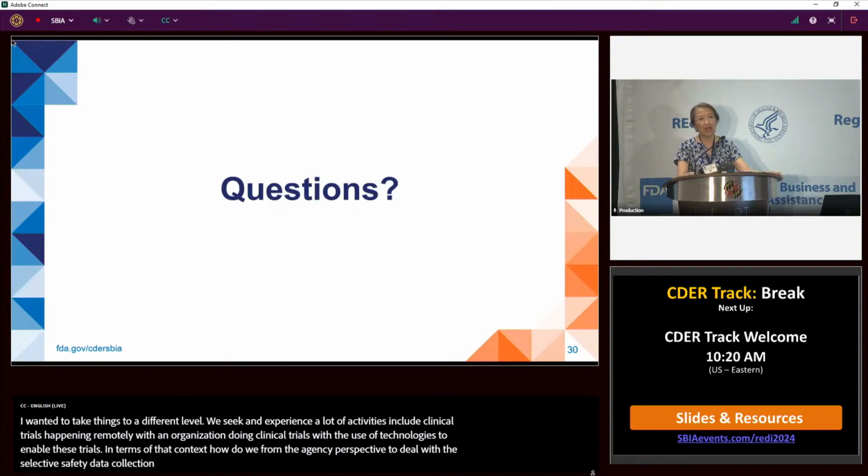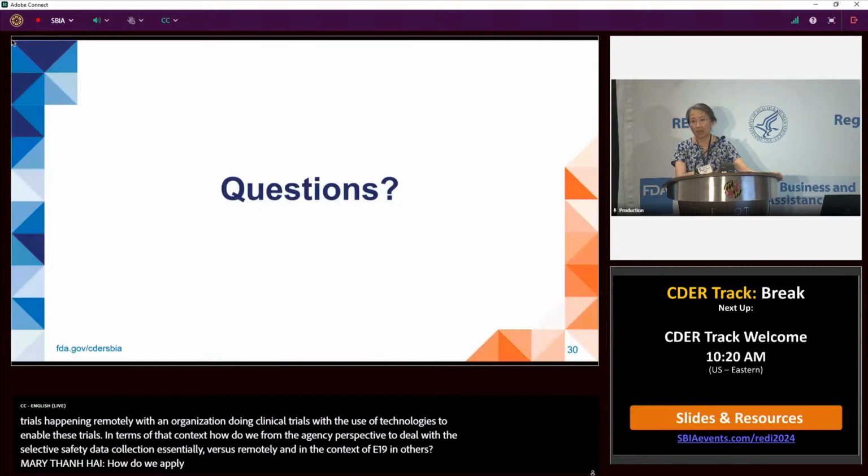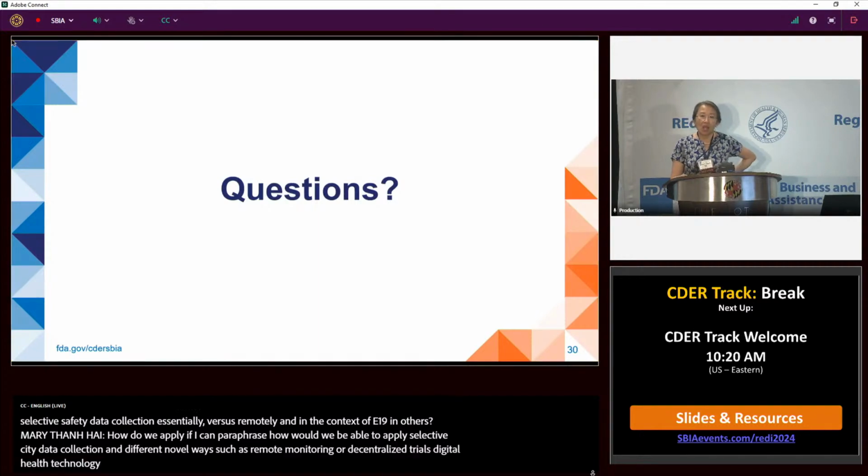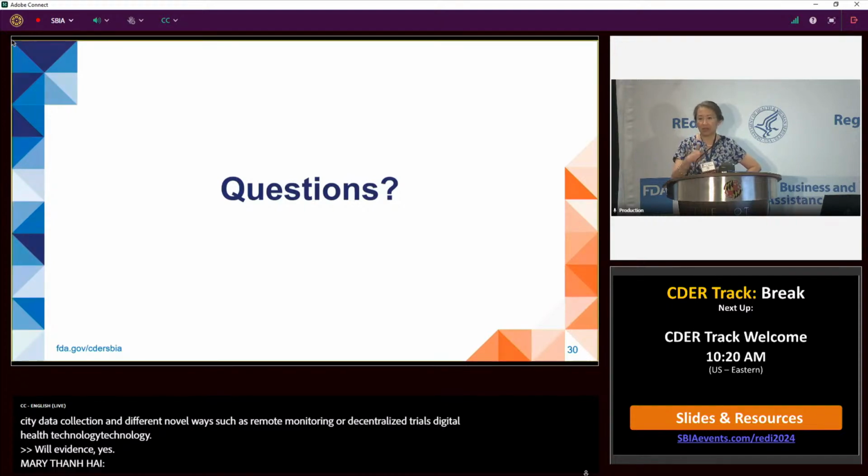Okay, so how would we be able to apply selective safety data collection in different novel ways of conducting trials, such as remote monitoring, decentralized trials, digital health technology, or even real world evidence? Well, I think first and foremost, from selective safety data collection,